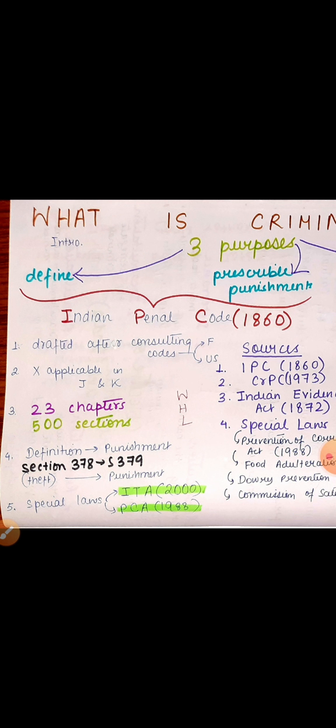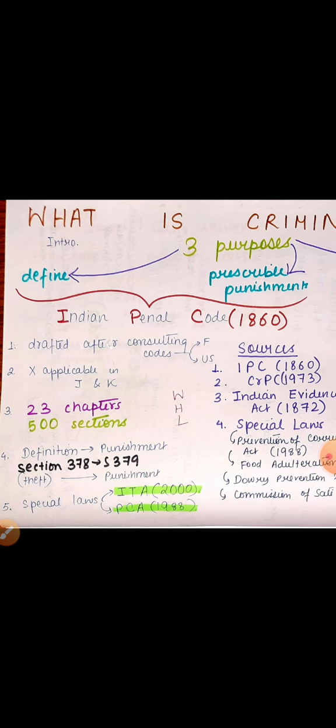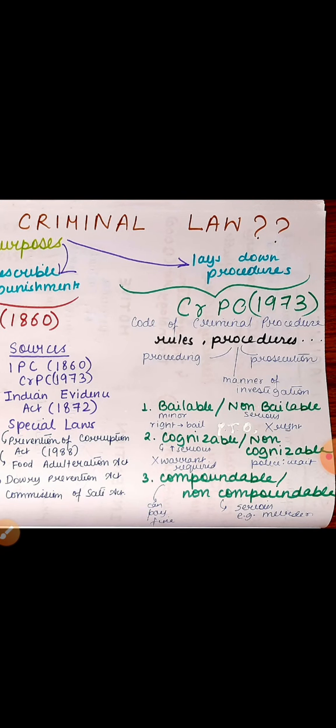The fifth point here, offenses listed in IPC are also punishable by special laws like the ITA, Information Technology Act, passed in 2000, and the Prevention of Corruption Act, passed in 1988. This is done, and there is nothing else that's there in IPC. These are all the keywords, all the must-mention points are given in the notes.